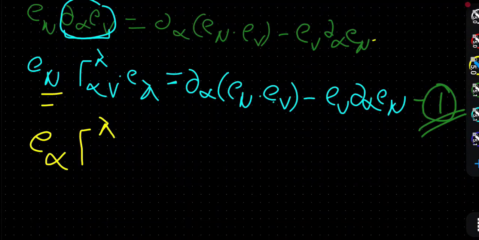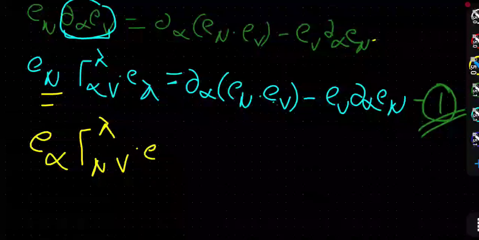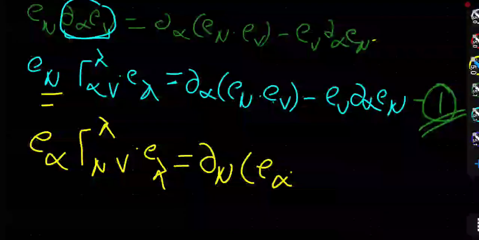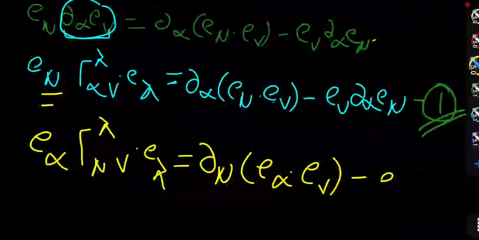So if I do it with respect to mu, then of course here it should be mu nu, and here of course e lambda, and it is equal to del of mu e of alpha dot e of nu minus e of,